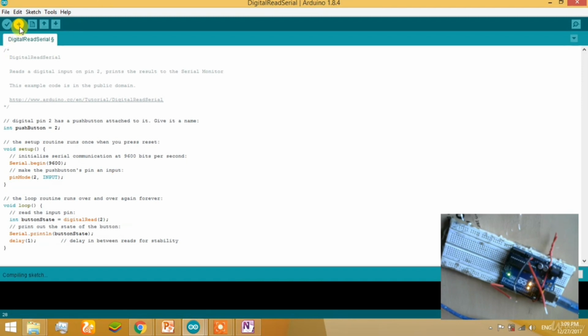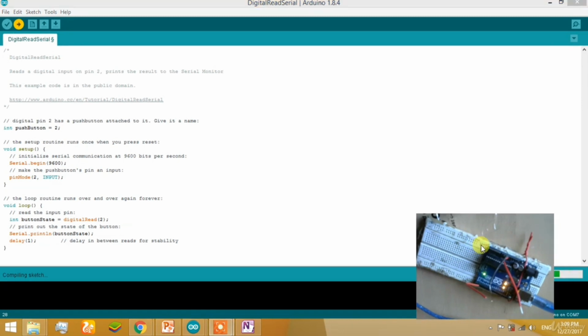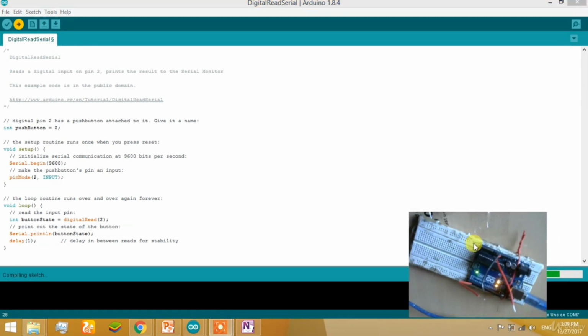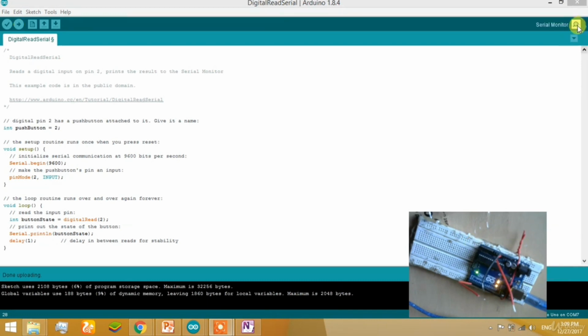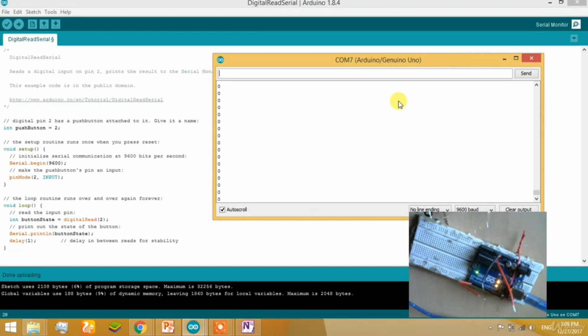First of all, upload the code to the microcontroller. We are uploading it. It will take some seconds to compile it, convert it into hexadecimal and download it to the board. Now it is uploaded. Open the serial monitor. Now we can see a garbage value, a value that is changing from 0 to 1. Don't mind that, it is only garbage generated by the microcontroller.